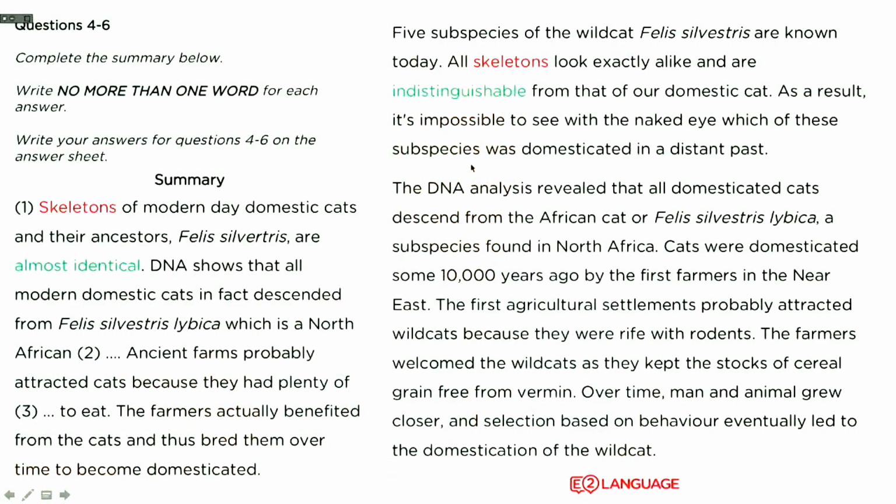What am I trying to say? The word skeletons came directly from the passage. How we found that was the key word that we needed as the answer, while the surrounding words were synonyms from the question or from the summary. That's what I was trying to say. Cool. Let's look at number 2. Number 2 says,